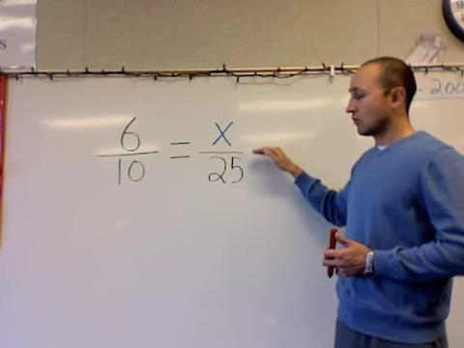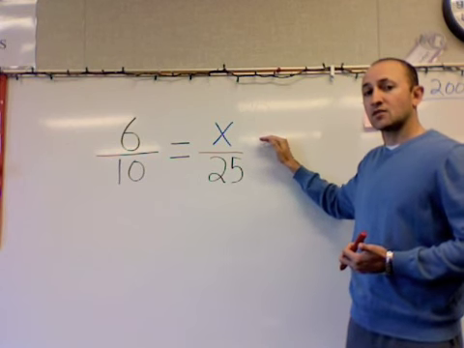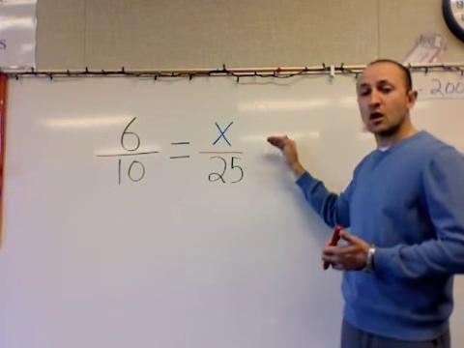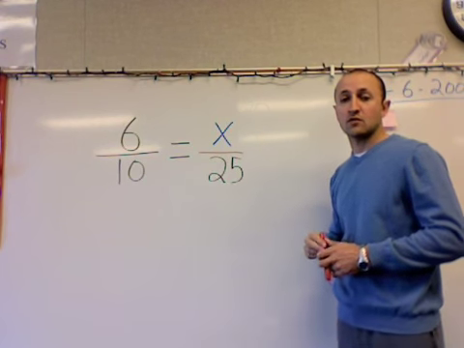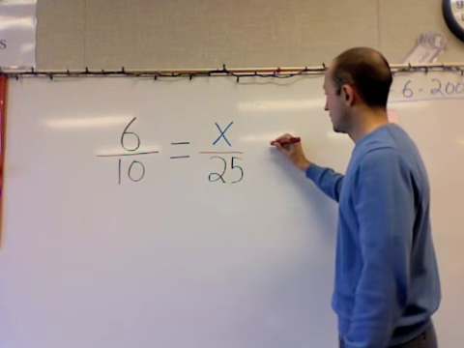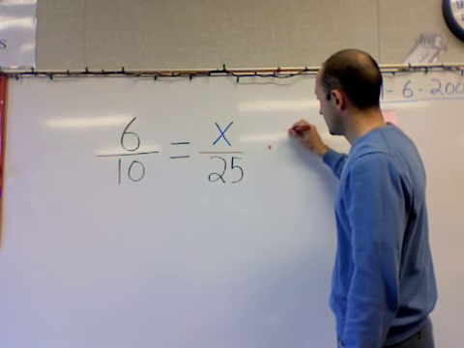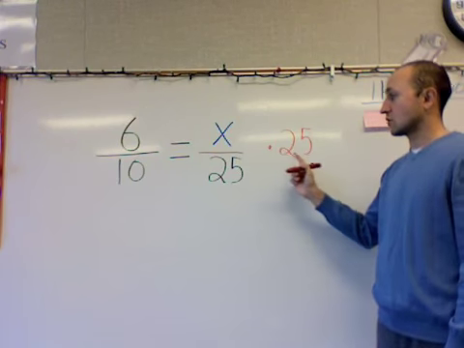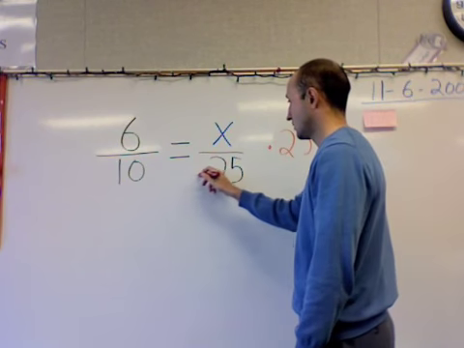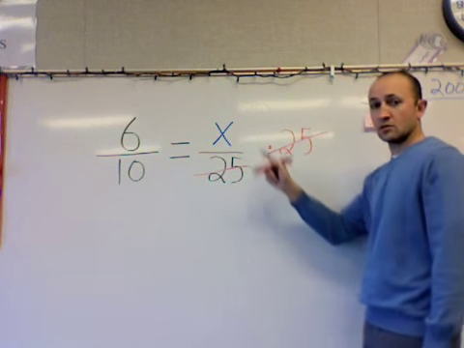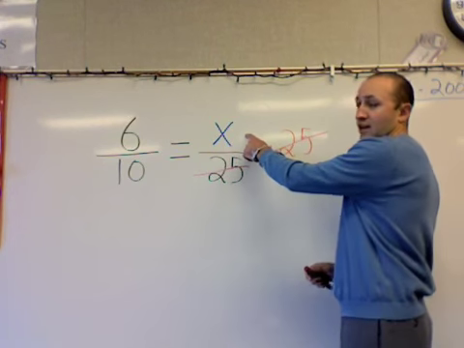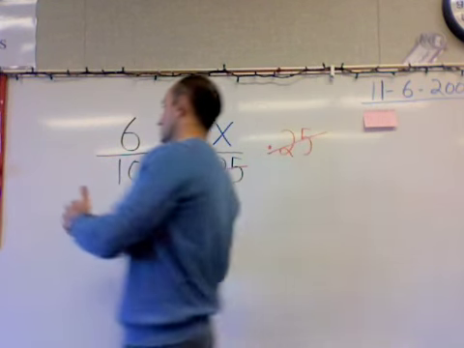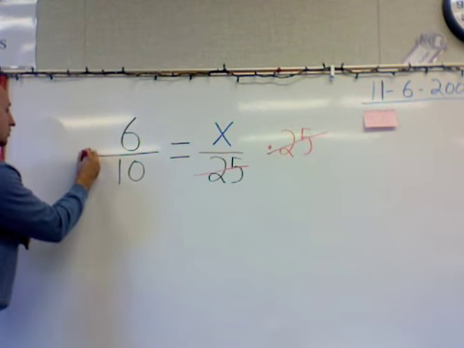So if it's x over 25, that's the same as saying x divided by 25. So to get x all alone by itself, I do the opposite operation. And we know that the opposite of division is multiplication. I'm going to multiply over here by 25. The 25 is now going to cancel this one out. It goes away. So we've done what we wanted so far. I've got x all alone. But whatever we do to one side, we have to do to the other. So now I'm going to come over here, and I will also multiply